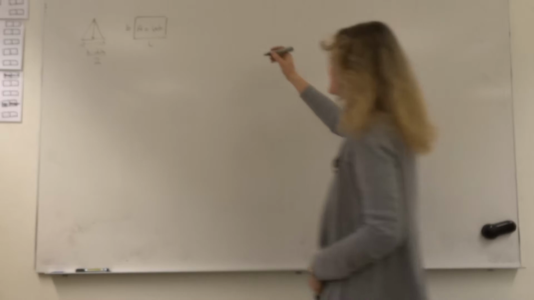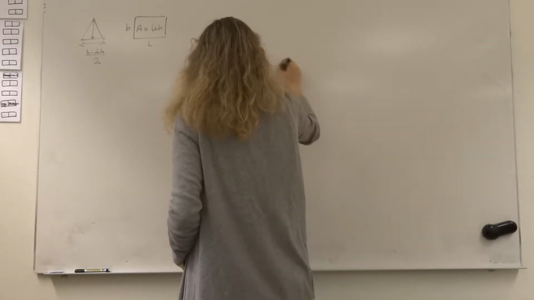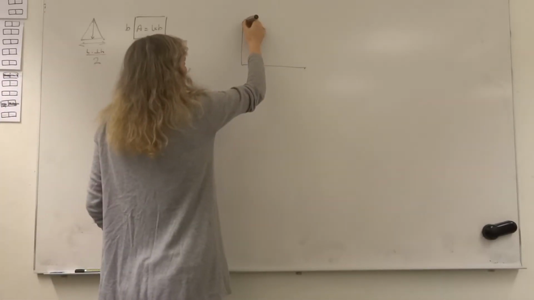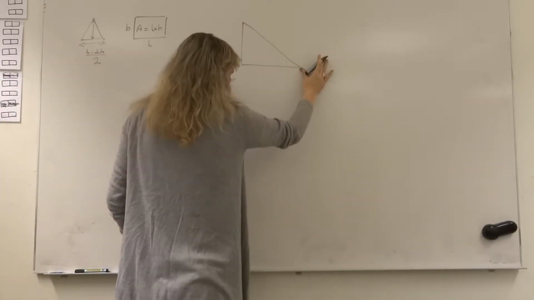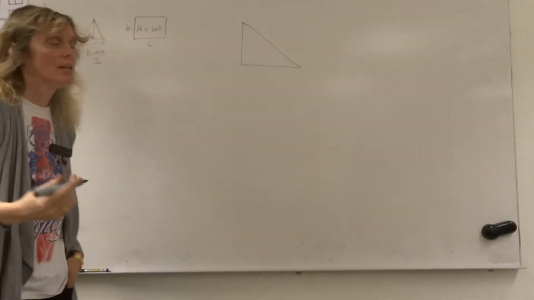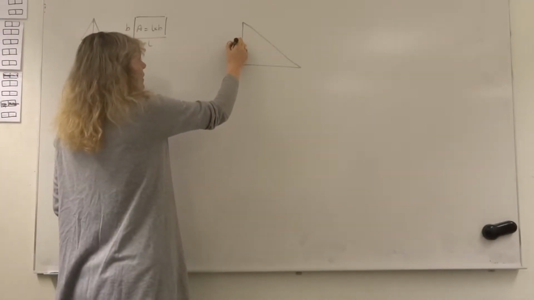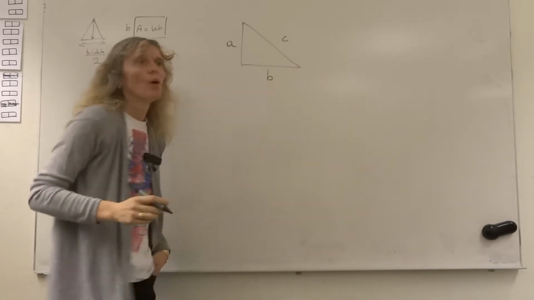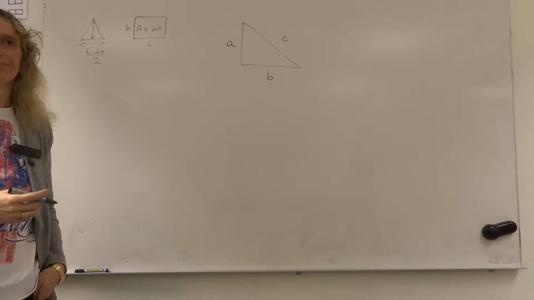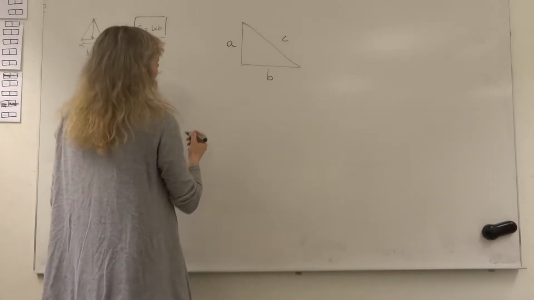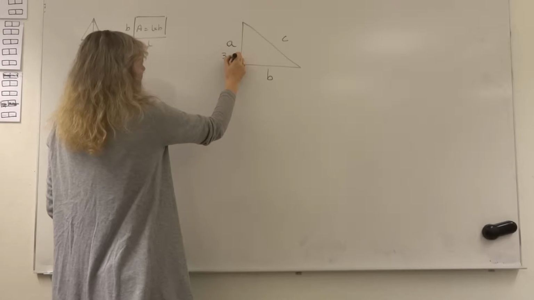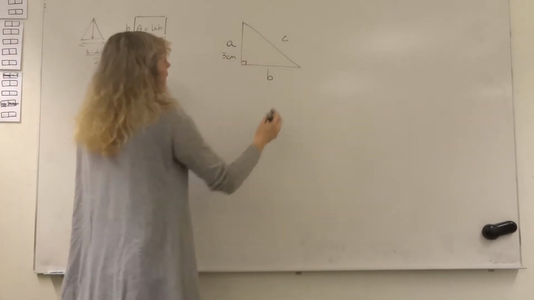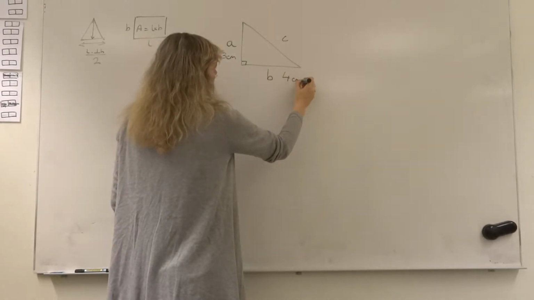And then the Greeks and the ancient Egyptians, they wanted to build pyramids, didn't they? Amongst other things. So they wanted to know if they could find any connection between, if we call this side of the triangle A and this side of the triangle B, what will C end up being? And they had a look. If A was 3 centimeters, and this angle here was a right angle, and this one was 4 centimeters,